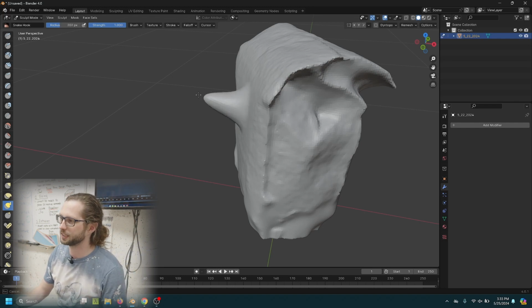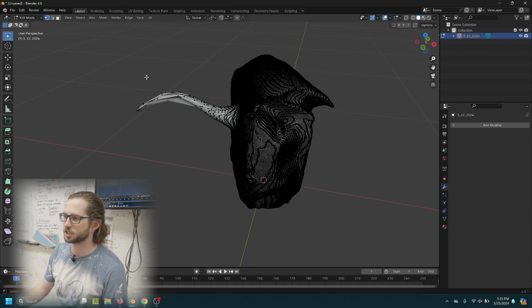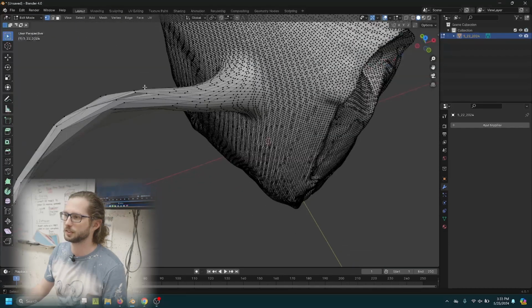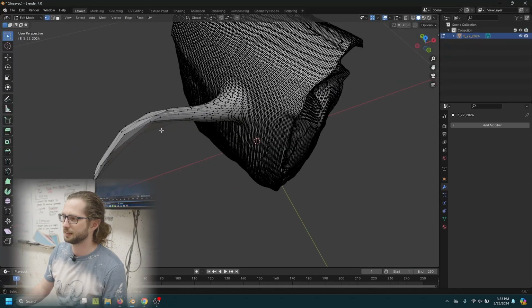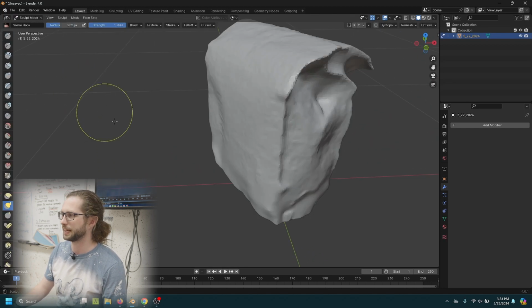So if I take this snake hook tool here, you'll see eventually it runs out of points and the model starts to break. If we go into edit mode, you'll see there's just not enough points for it to represent this weird stretchy part in a cohesive way anymore. So let's go back into sculpt mode and we'll undo that so that I can show you some of the